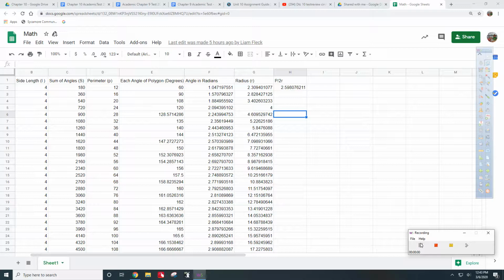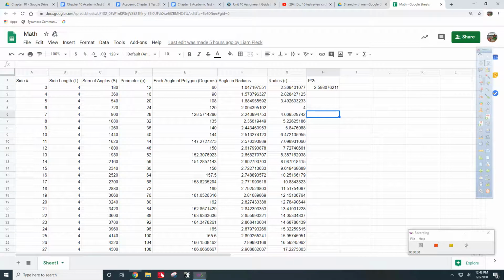Girls, this is a special edition with Liam and my limits project for calculus. The goal of this project was to determine how polygons approach pi using the limits process that we have been learning. So first I have a bunch of just geometry things about polygons, starting with the side number, and that